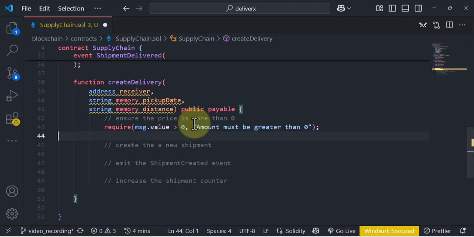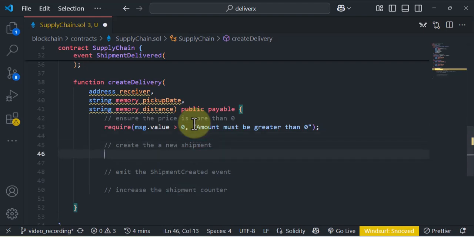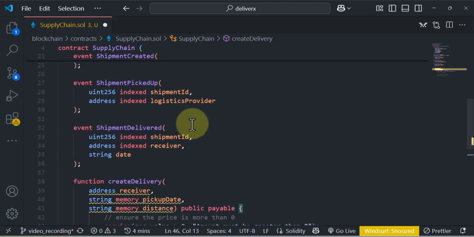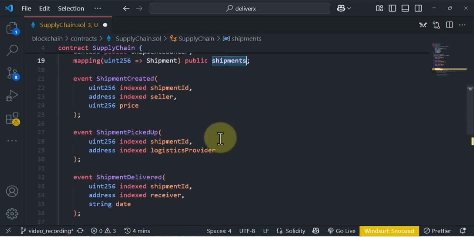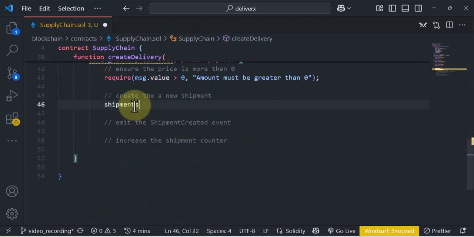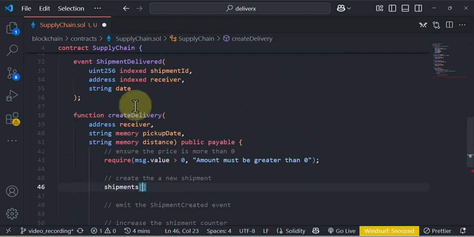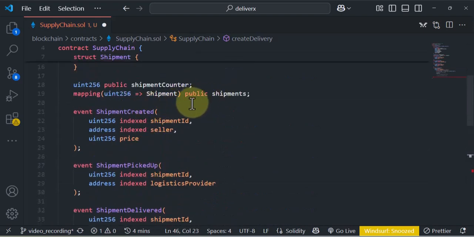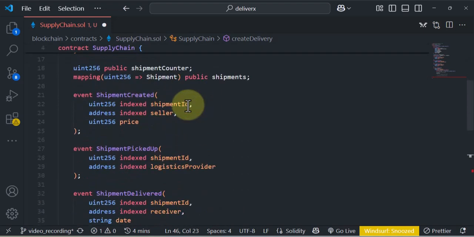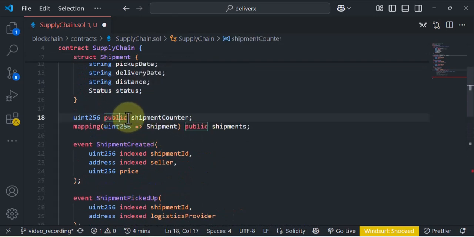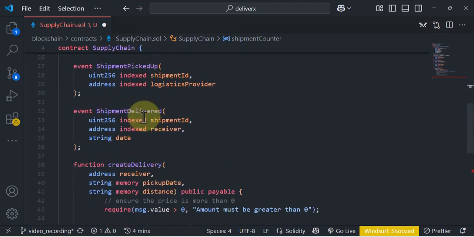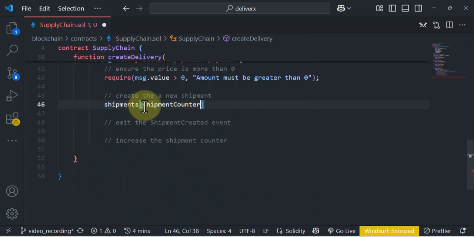So now that we have ensured that the price is more than 0, what we now want to do is to create a new shipment. And to create a new shipment, you can just check what you define as your shipment here. So we define it as shipment, so I'll just say shipment. Then the current counter of shipments. Let me just come and show you so that you will know that we are not doing any magic here. So the current counter, you can see this is what we are using to count. Initially it is 0, since we are defining it as an unsigned integer. So the current counter will then be equal to